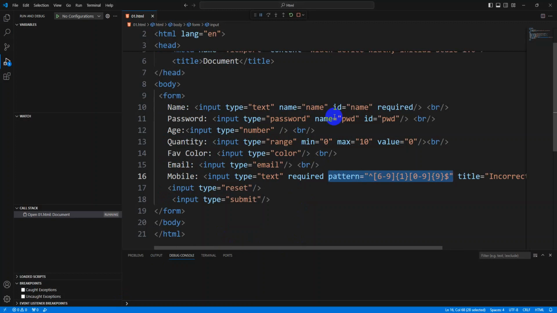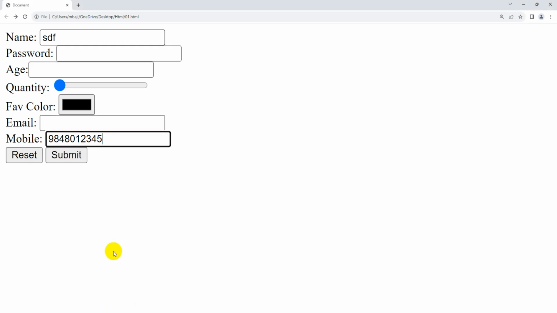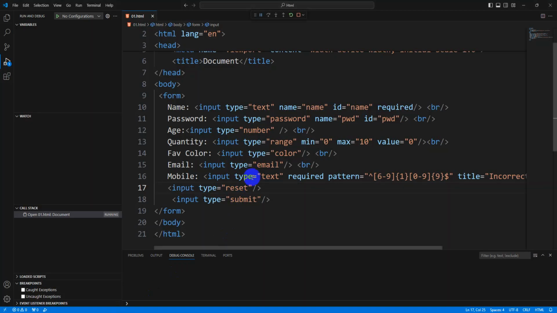Okay. So we can see some more properties relevant to any of the HTML elements, but we will mostly use them for the input element. Though it is a mobile number, even if I wrote a regular expression to validate it, I can still enter more than 10 characters, right? If I want to restrict the user to enter only a certain number of characters, we can use an attribute called